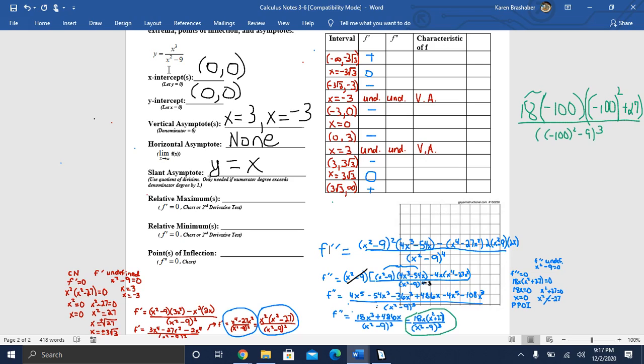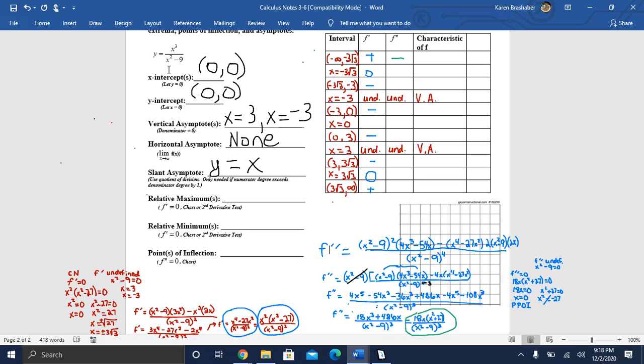Well, this multiplication is going to be a negative. Here, I'm squaring 100 and adding 27, that's going to be positive. Here I'm squaring 100 and subtracting 9, that's going to be a positive. So in this fraction, I have a negative times a positive over a positive. That's going to make my fraction be a negative, and therefore f double prime for that section will be a negative. So that's the work that you need to be thinking about as you're going through and doing your second